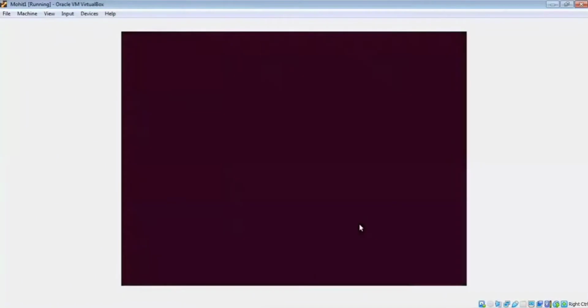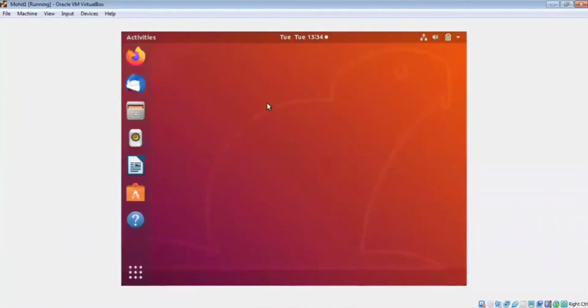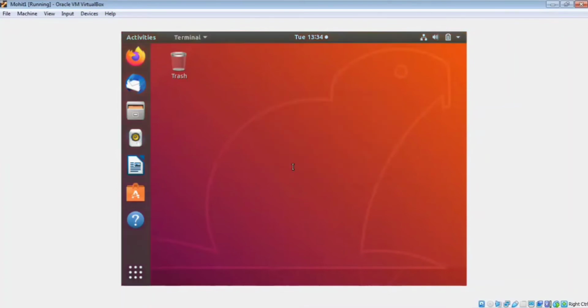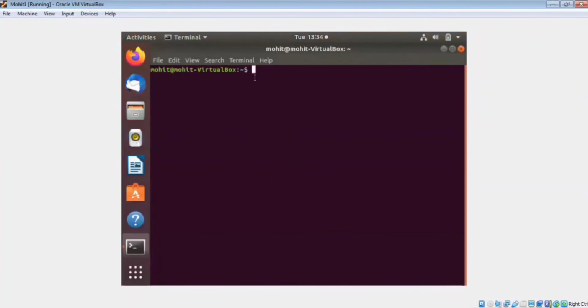After opening Ubuntu Linux, you see this is your desktop. Right click on your desktop. You see at the last there is Open Terminal. Click on Open Terminal. You see this is your terminal. First of all, type sudo